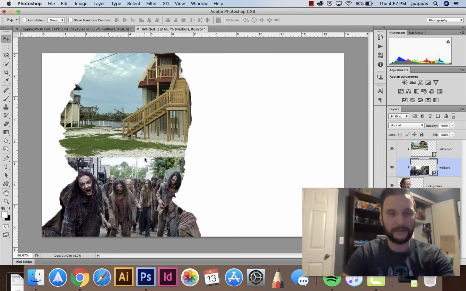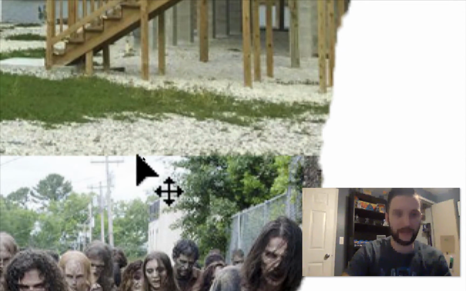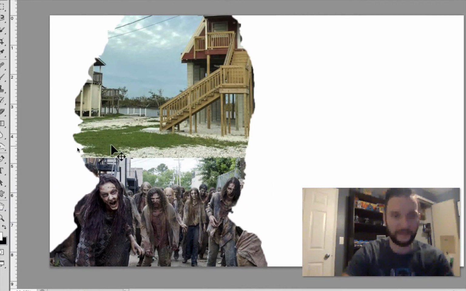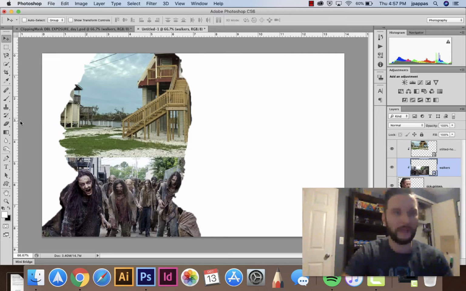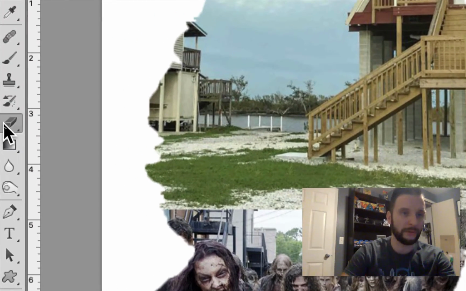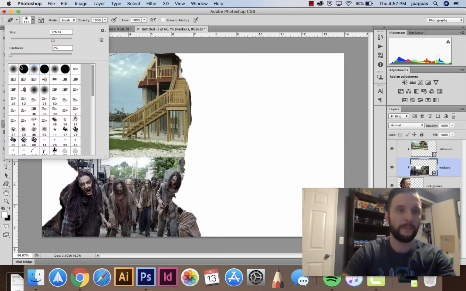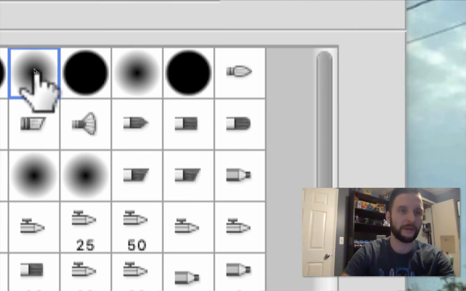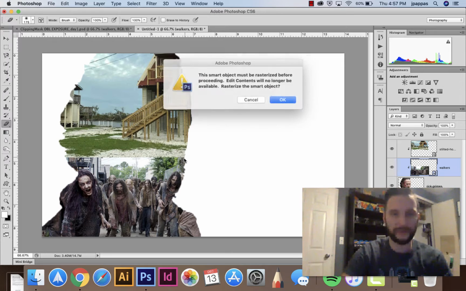Now, one of the things that I wanted to talk to you guys about was getting rid of this nice straight line. Actually, it's not so nice. It's a little bit more of an eyesore. And actually, all you need to do is use the eraser tool right over here, which works kind of like the paintbrush, but instead of painting color, we're actually going to erase stuff. And I think it's best to use a soft brush, one of these previews that has kind of like a blurry edge. And all I'm going to do is come in here,